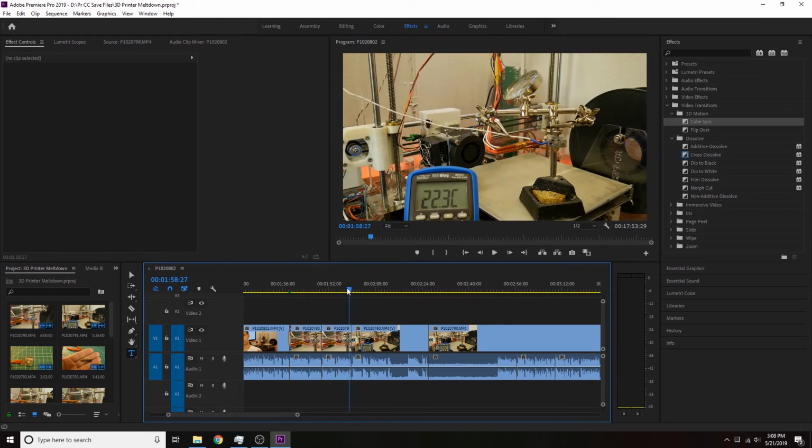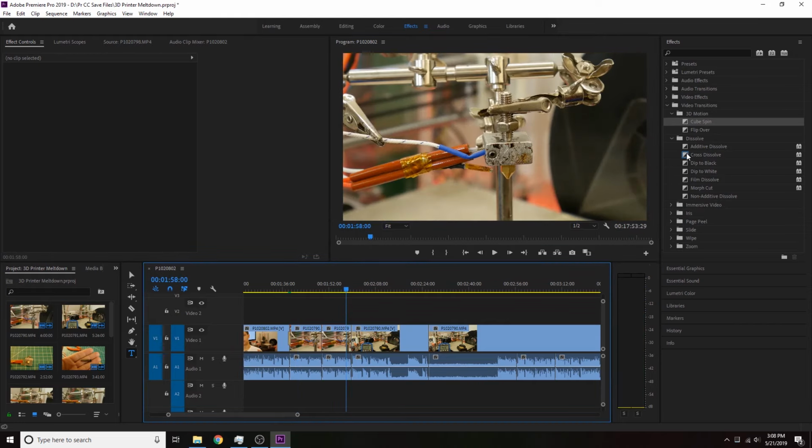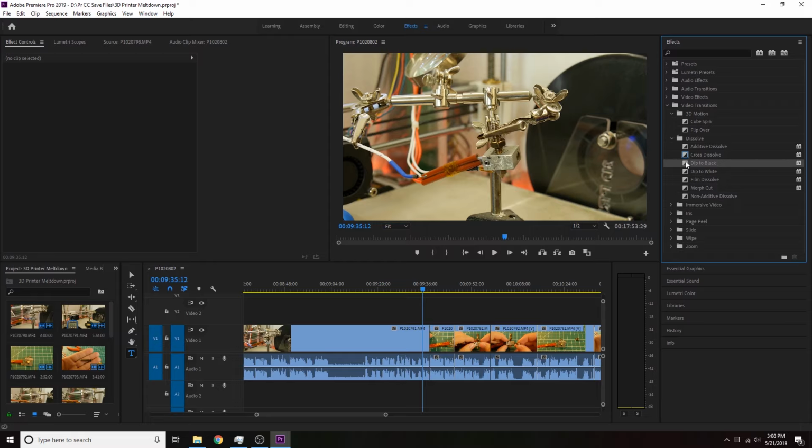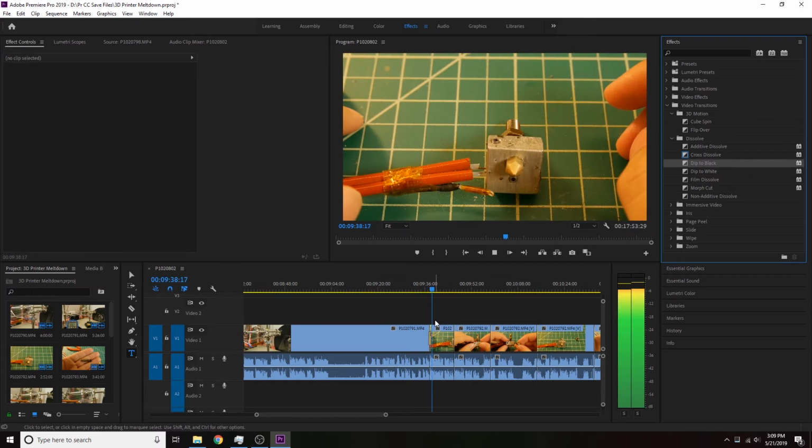And then between a scene like this, I might throw in the cross dissolve transition. Alright, and then the thing that I use the dip to black transition for is to show the passage of time. Again, this isn't necessarily anything that you have to do, it's just what I do. So the dip to black transition I would use here because it took some time for this block of metal to cool off, so I could do the next part of the video. That's not great. Alright, so now the